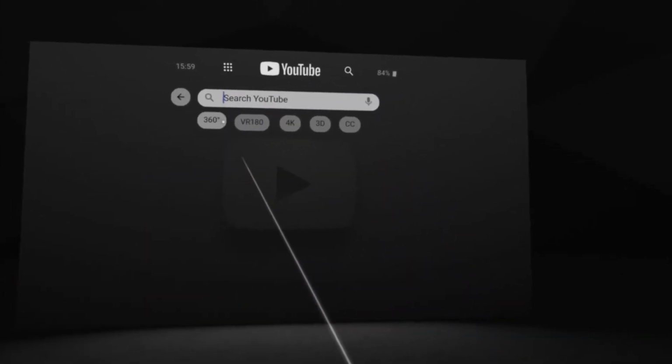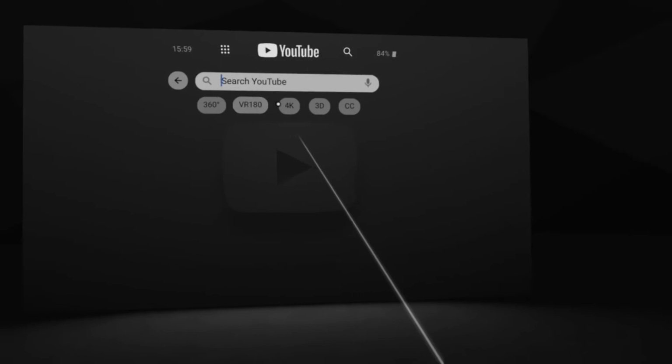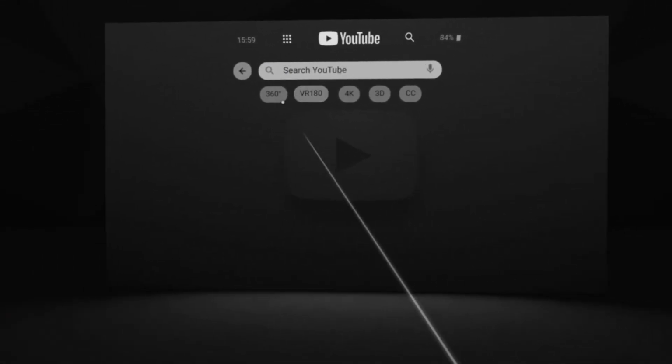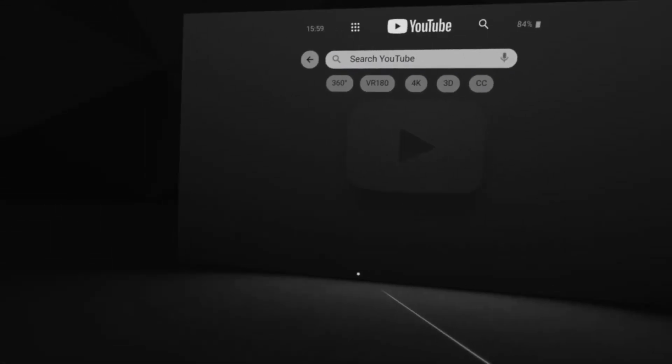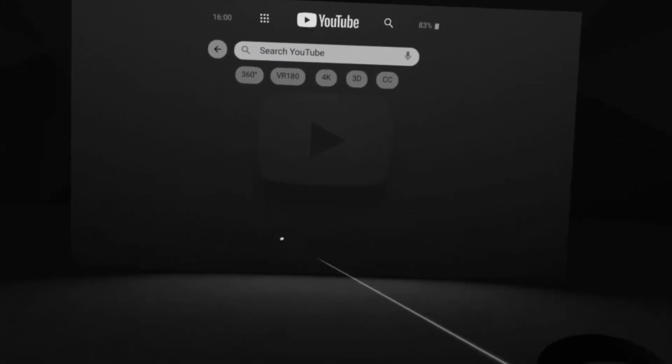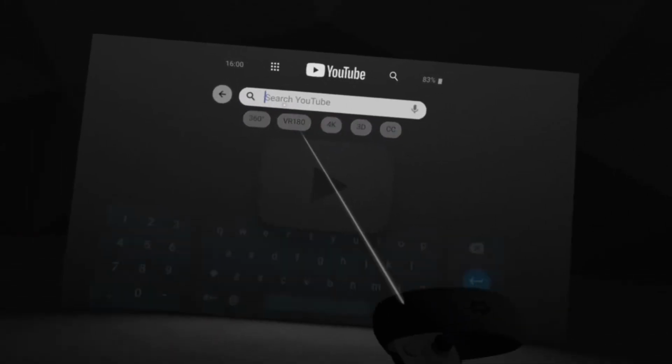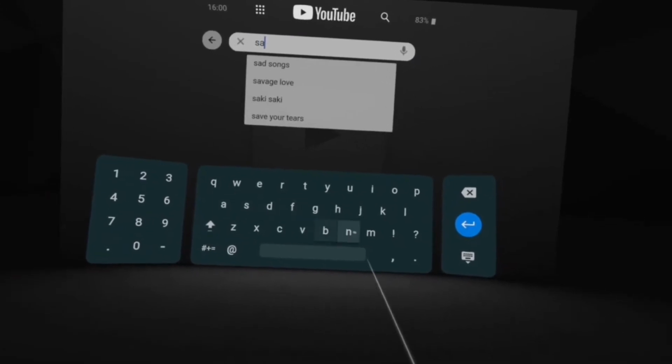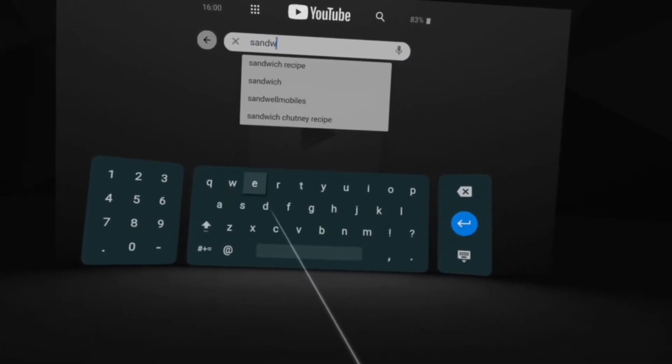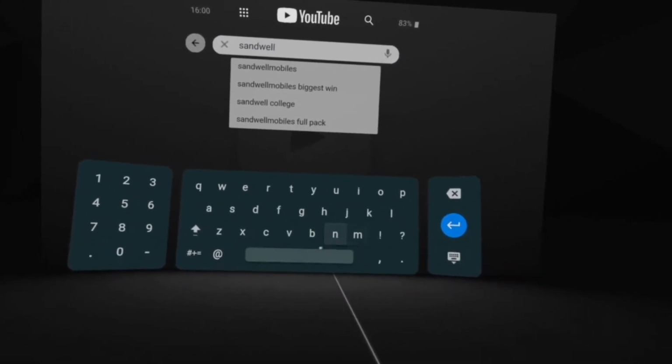Also, you might have noticed these little boxes here. This allows you to filter by different types of video. So this app isn't just for viewing 360 degree videos. You can view normal two-dimensional videos as well, and it just feels like you're sat in a cinema in front of a big screen. So to give you a very quick example, if I search for something from, say, Samuel College,